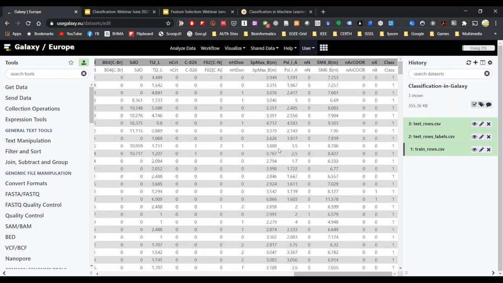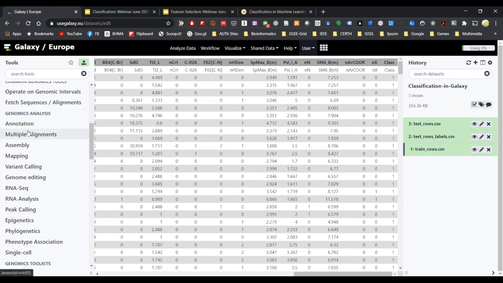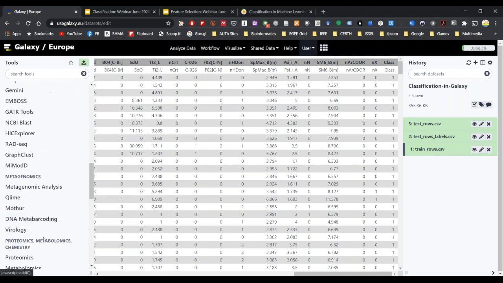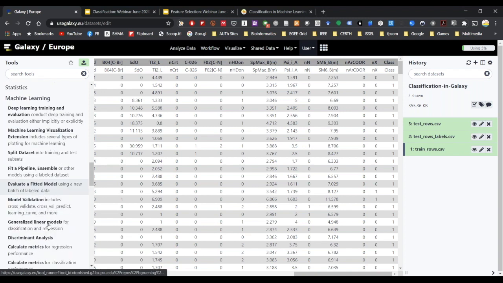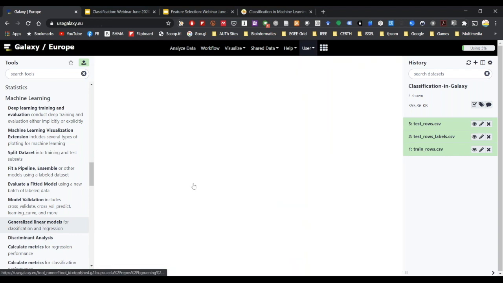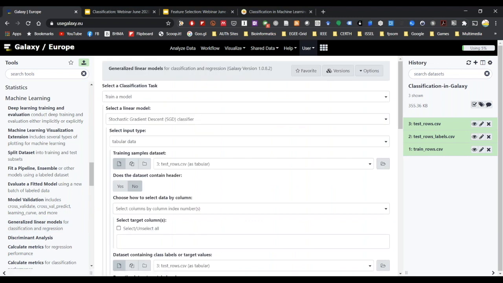So the first step is to start with a linear model. Let's try to do a regression classifier. In order to do that, I'm going to go down here to the machine learning box, and I'm going to select the generalized linear models tool that will allow me to create a logistic regression classifier. So an important point to say here is that I'm not going to use linear regression classifier,